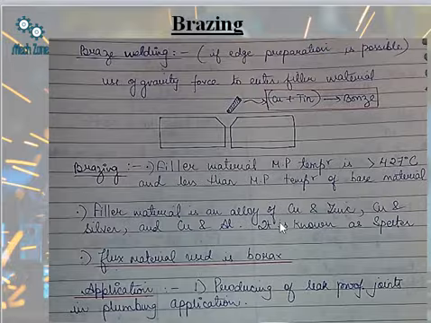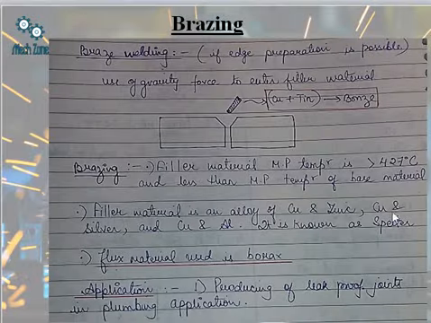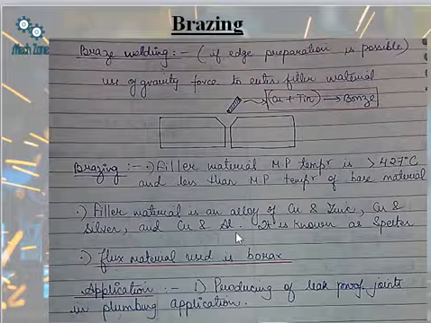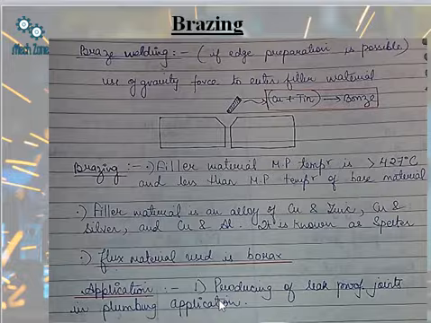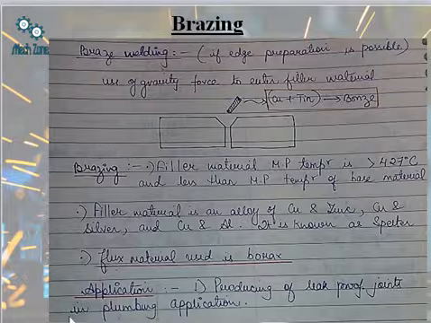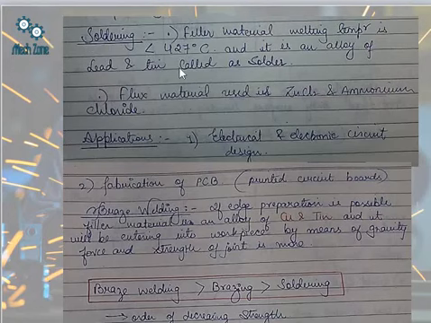So filler material is actually an alloy of copper, zinc, or copper and silver, or copper and aluminium, or copper and tin. It is known as spelter. Okay, so this can be used. Flux material used is borax. Please remember, flux and filler are two different materials. So application is producing leak-proof joints in plumbing applications. तो जो हमारे प्लम्बर लोग होते हैं वो भी इसको use कर सकते हैं to produce leak-proof joints by means of braze welding. Next is the soldering.